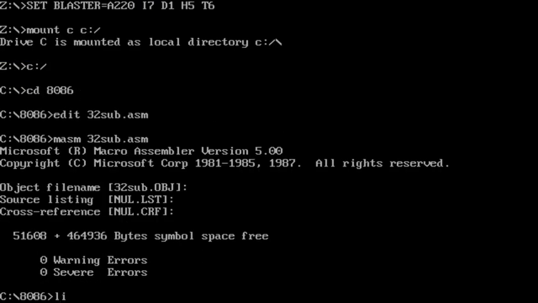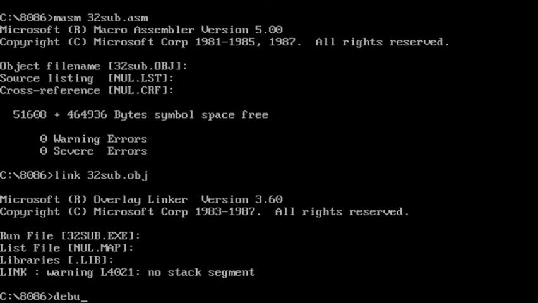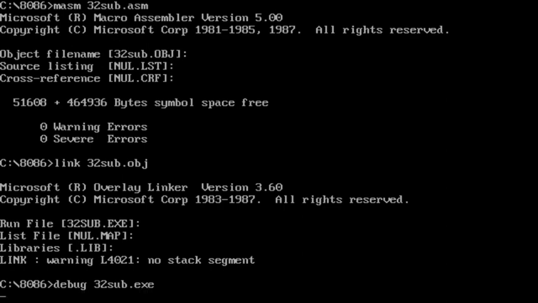Then we have to link the file, link 32sub.obj, then debug 32sub.exe. Then we have to first enter the data. For that, eds colon after address 1000, enter.